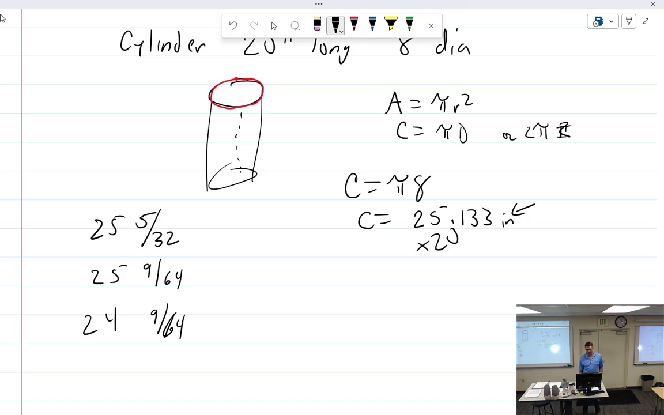So really, we've got the 25 down. If this is true, then we can probably eliminate that because the circumference is 25. 24 is going to be too short. So now it's either 5/32 or 9/64. Well, my decimal over there is 0.133. How am I going to convert that to a fraction? Divide by 64 or divide by 32. Not divide, multiply. So we'll multiply by 32. So 0.133 times 32 is